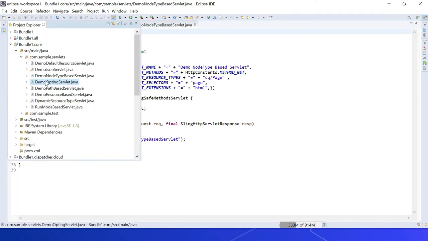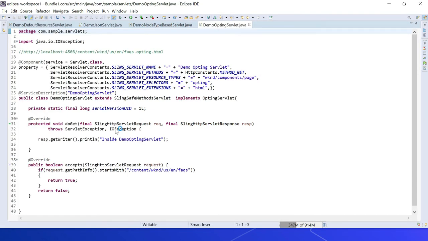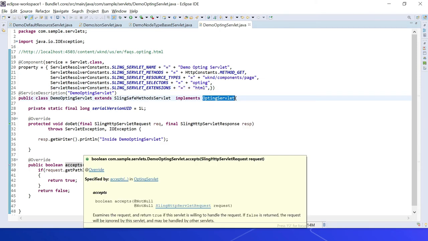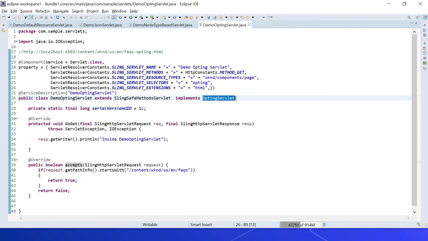The next one is the demo opting servlet. Let me open that. Here I am defining a resource type based servlet with the selector as opting and the extension as HTML. Here I am implementing the OptingServlet interface and the corresponding accepts method. The accepts method returns true only for requests whose path starts with /content/weekend/US/en/FAQs.